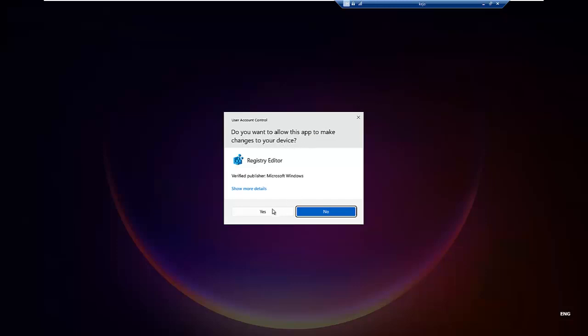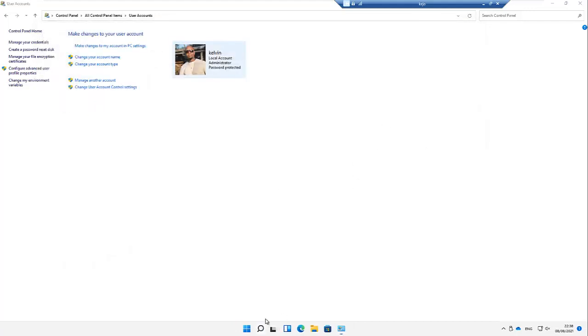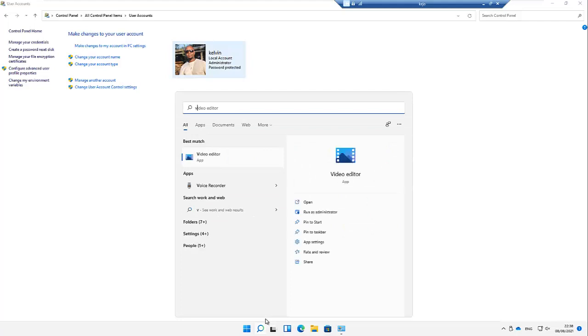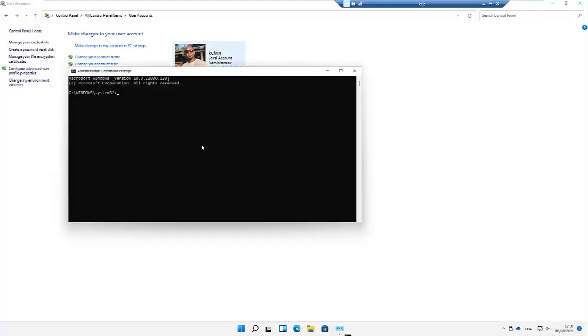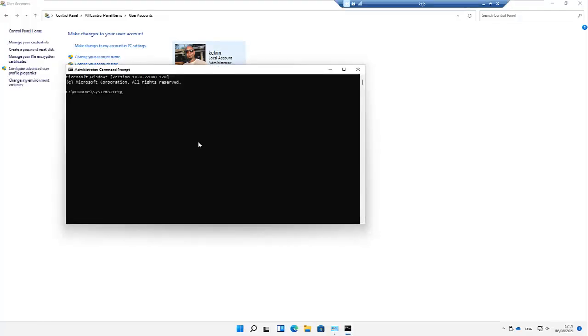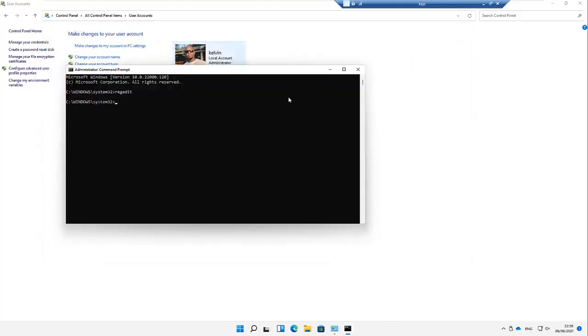Then I will click yes. So every time I try to start the registry, I'm going to get this option. The only way I will not get this is, for example, let me close this again, I start the CMD as an administrator, which of course I'm going to get a pop-up. I'll click yes. Then I can start the registry editor from here without getting that pop-up. But without this option, I would definitely be getting that option to actually allow this app to make changes to